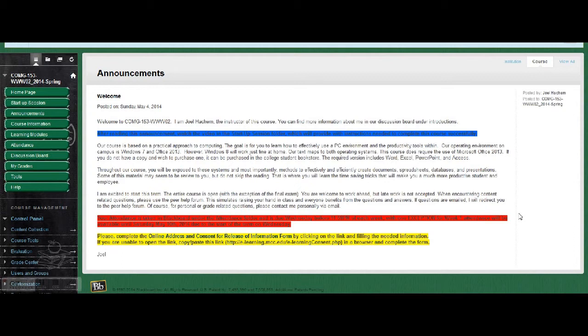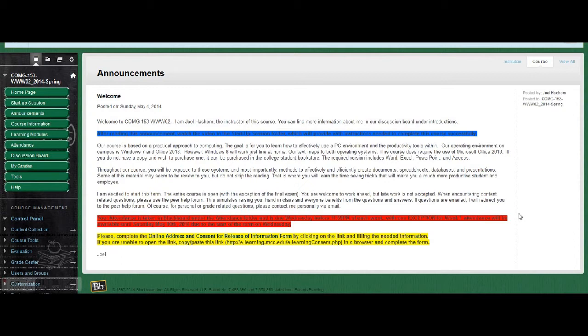As soon as you log in to Blackboard, the first thing you will see is announcements, and usually I'll have an announcement for you on a weekly basis to remind you of what needs to be done, if there are any updates I want you to be aware of, and so forth. This time, you'll see the first announcement welcoming you to the course and giving you an overview of what the course will be all about, and we'll see that in a minute